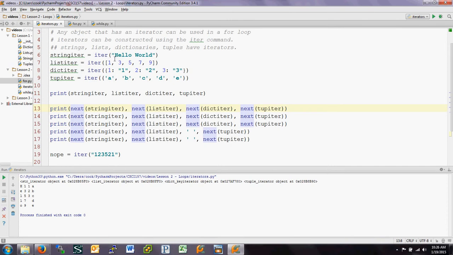The first time you ask for next, you actually get the first item in each one. So I'm going to get the H for the string, the 1 for the list. It gives you the key, so it's going to give you the 1 for the dictionary, not the value, and the A for the tuple. And so we get the first elements of each one of those. We can ask for the next again for each one of these, and it'll give us the second entry in each one. And we can do that again